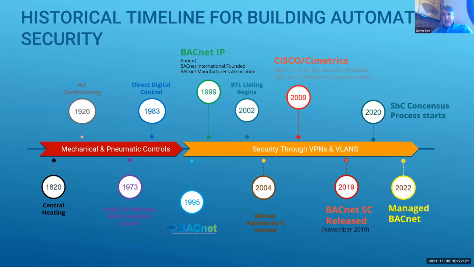And in 2009, Cisco partnered with us and funded us to help develop BACnet IT. And we were going to quickly push that out to the market. And unfortunately, it took 10 years to do that. That standard was renamed BACnet SC for BACnet Secure Connect and released in November of 2019. So manufacturers have busily been developing products for BACnet SC. However, a number of pieces were left on the cutting room floor in order to get BACnet SC standardized.